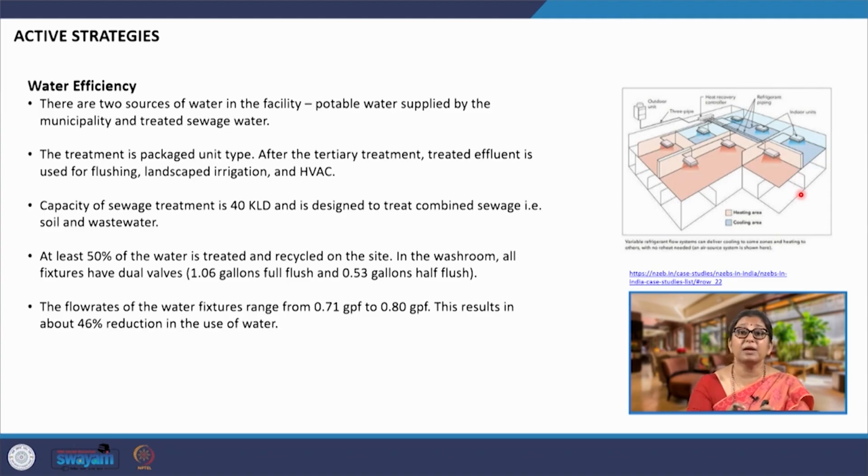of course, the uses differ, thereby reducing the requirement for pumping more water. There is also rainwater harvesting, and 50% of the wastewater is treated and recycled on site and used back into the system. So, overall the water consumption is reduced. There is very high water efficiency that they have installed. Jaguar being a company which is totally invested in water fixtures, plumbing fixtures, they've considered water efficiency in this entire building very seriously,